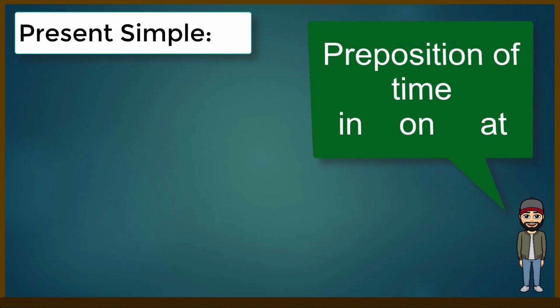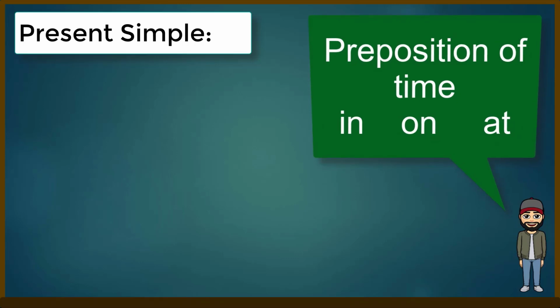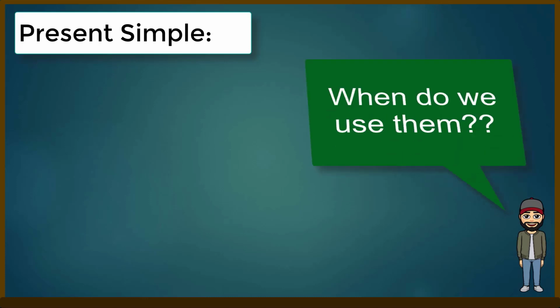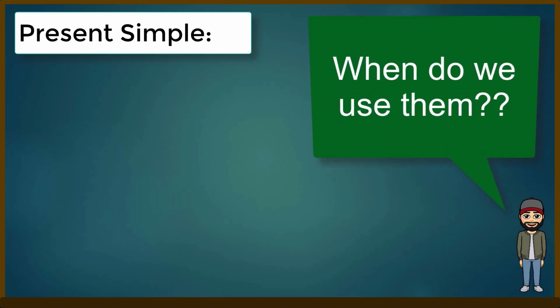Preposition of time in, on, at. حروف الجر الزمانية in, on, at. وجميعها تعني في. When do we use them? متى نستخدمهم؟